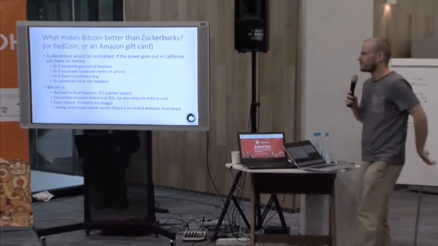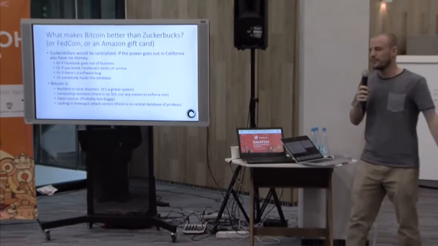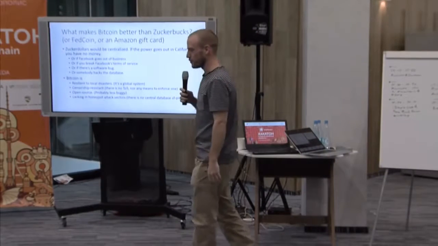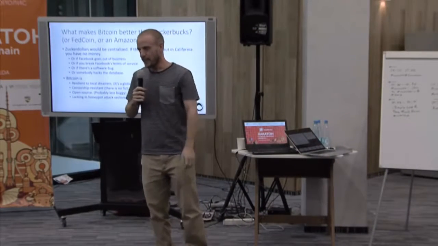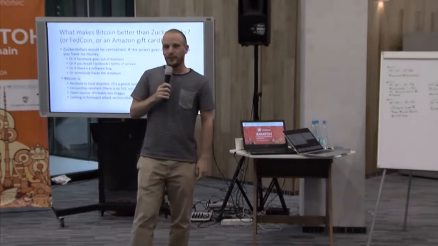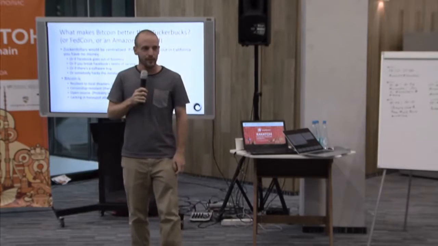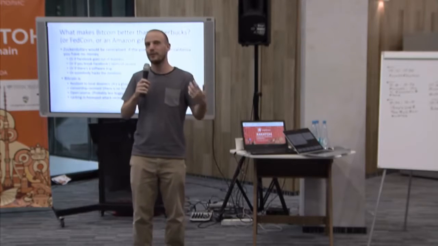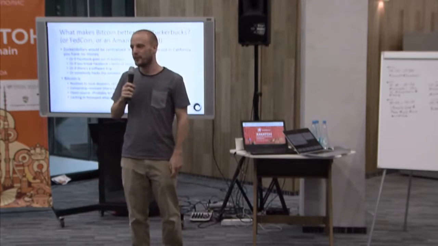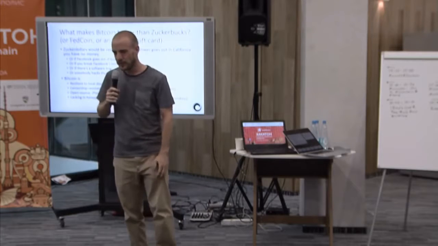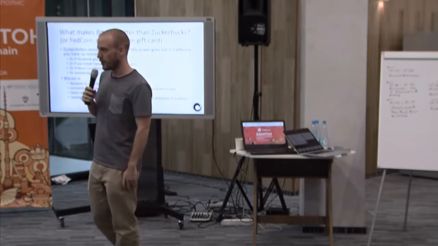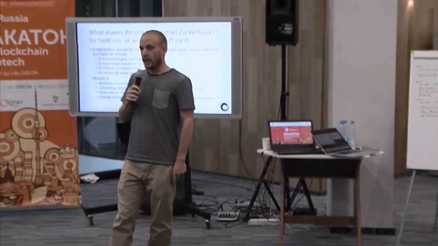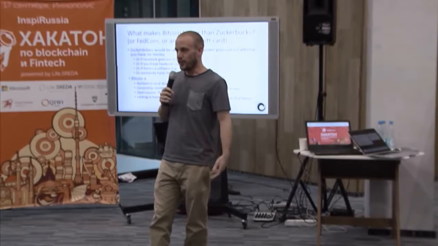Okay, so what makes Bitcoin better than Zucker dollars or an Amazon gift card or a Starbucks rewards card? If Mark Zuckerberg and Facebook decided to start printing their own money, and I bought Facebook dollars with US dollars, then Facebook owns my money. There was this company called eGold back in the 90s that tried to do digital currency, and it was kind of an exciting thing, but eGold went bankrupt, and then everybody who owned eGold suddenly had no eGold.